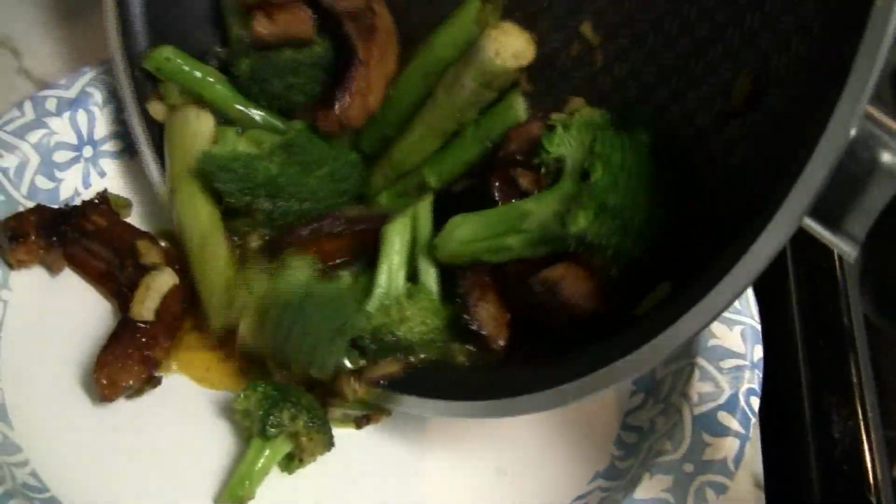Put it right on here with that sauce and all, don't matter. It's right down. And those little chunks there, they can remain. Because